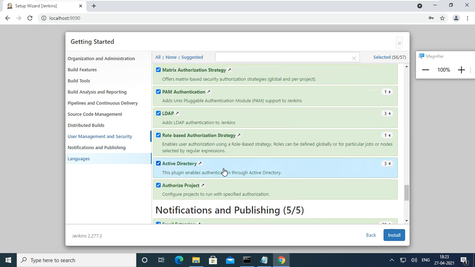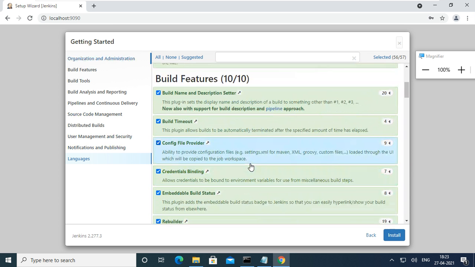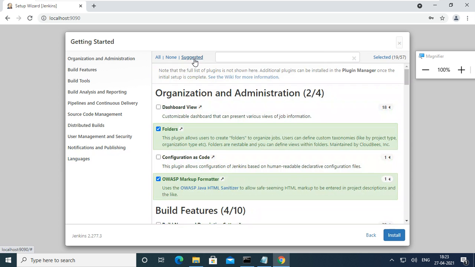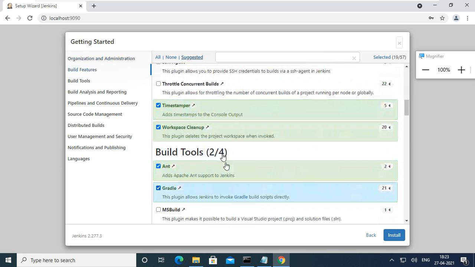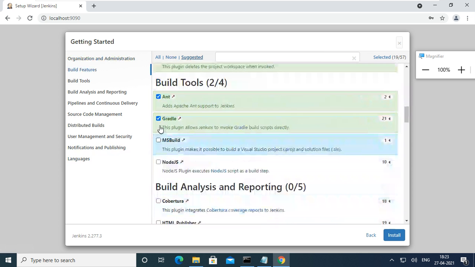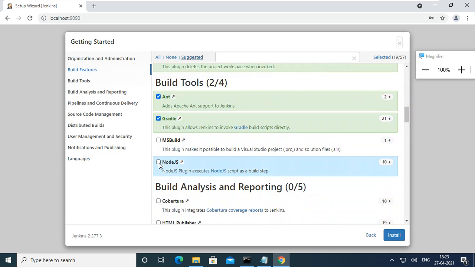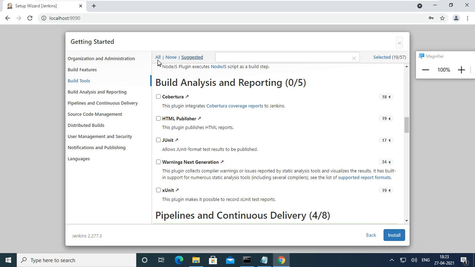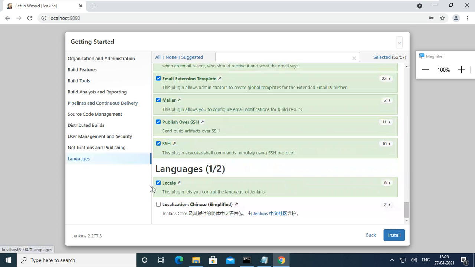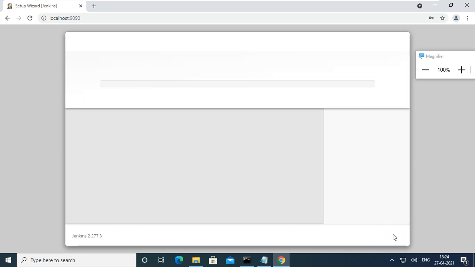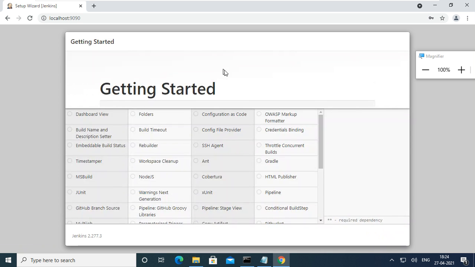Or you can select everything, or only suggested, or none, or remove some, like I need Ant but I don't need Gradle, or I need Node.js, I don't require Ant. You can check what you require. Otherwise check all, go to languages and select this one. Install. I'm installing all.